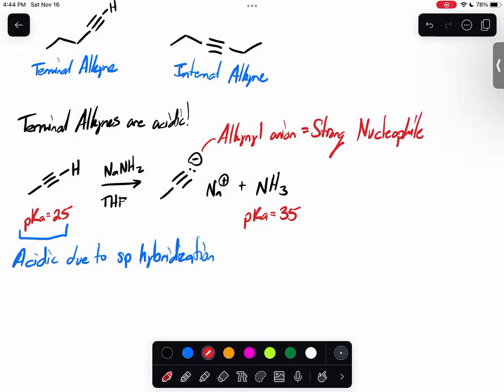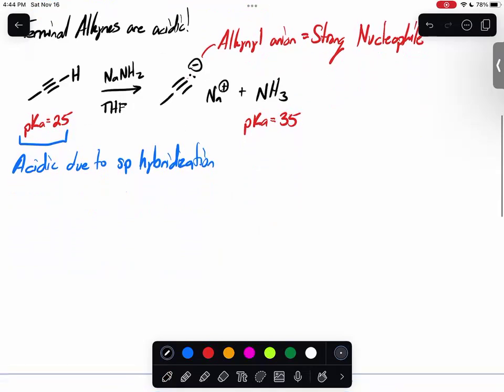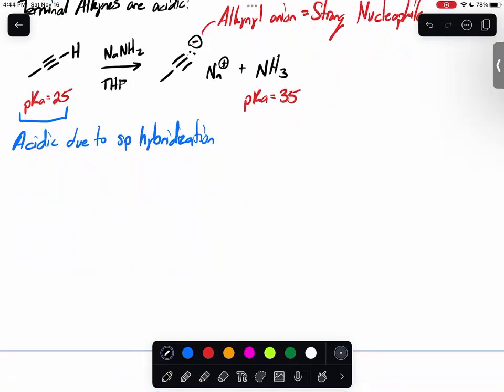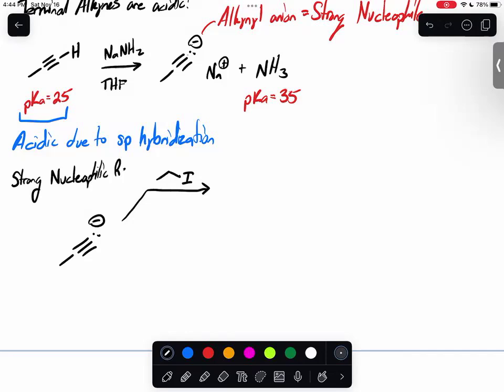As a matter of fact, it's relatively good to the point that it can do the same reactions that strong nucleophiles can do. So, for example, if we were to take this strong nucleophile and add it into something like, let's say, a primary alkyl halide that is a good leaving group, it can actually do this reaction because just like other strong nucleophiles, it can perform something like an SN2, right? So the SN2 reaction here would result in the alkyne doing a backside attack and adding on those carbons, right? We can take a look at the mechanism down here